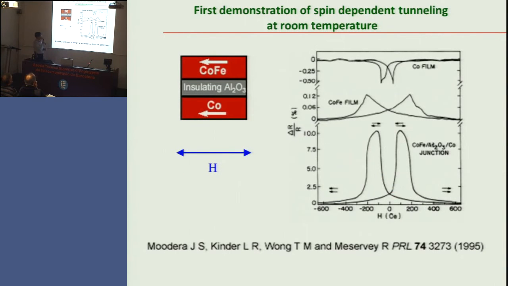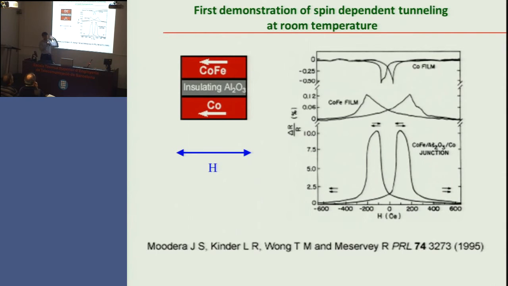Here shows a real experiment. By applying a magnetic field this way, the bottom side cobalt actually has a low switching field, which means they can flip the magnetization of a ferromagnet using a lower magnetic field. So if you sweep the magnetic field this way, the cobalt flips first. Then at that situation, they make an anti-parallel state. If you go further down, all the magnetizations will become parallel. And when the magnetic field sweeps down again, the cobalt will flip again first.